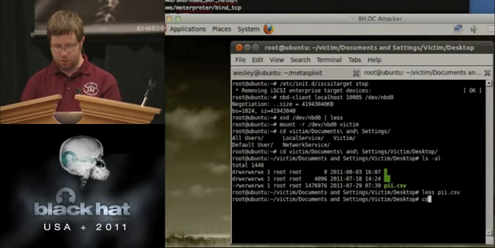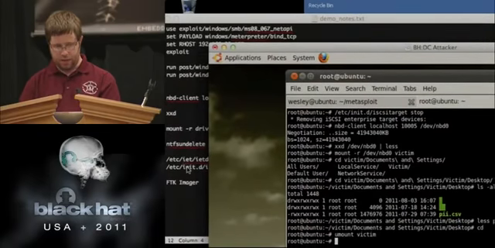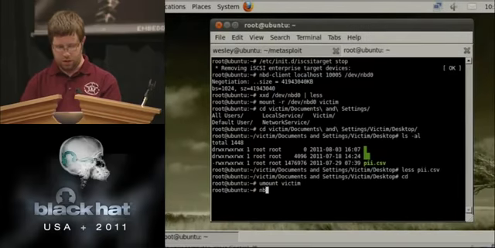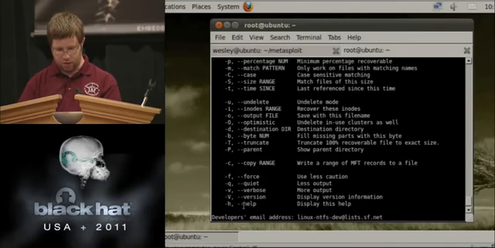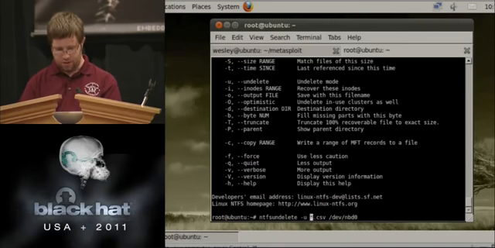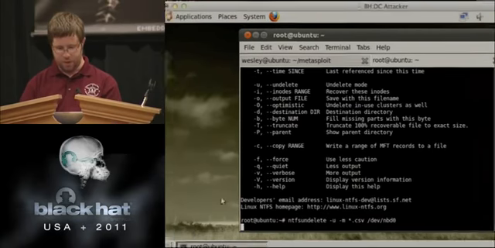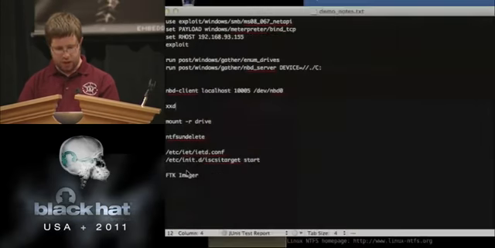Cool. So let's unmount that. Now with NTFS undelete, we can undelete deleted files, and that uses the master file table to find those files that have been deleted but are still hanging around with file records and things like that. We'll undelete anything starting with CSV on dev nbd0, and that's not how you do it, apparently. Oh, I know. -m, I think. Yeah, there we go. And now I'll let it take its moment to do its thing.